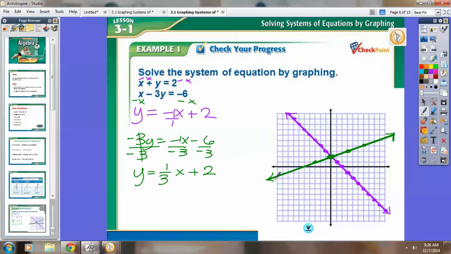So I graphed. So what's our solution? 0, 2. How do you know that? Because that's where they intersect. Okay, that's the intercept. I'll write that down. 0,